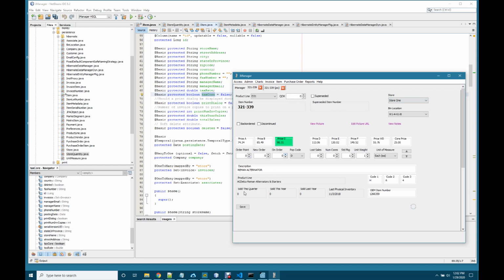So let's say they're starting to sell this, so let's up the order point to 2, and let's see if it will order this. We'll bump this up to C and hit save. And so now, the next time we run an order, it's going to order 2 for this store. So that's the kind of information you want to have